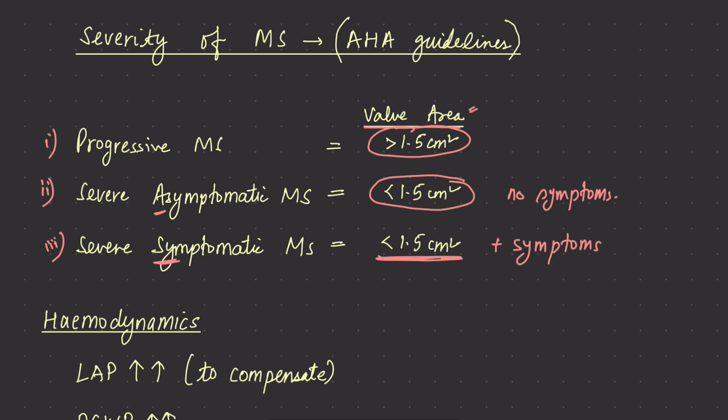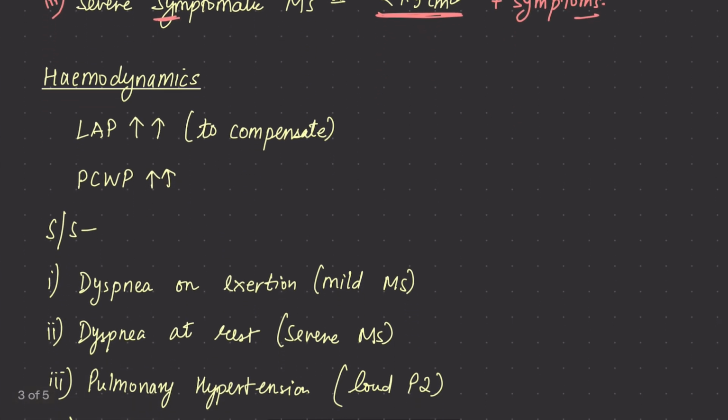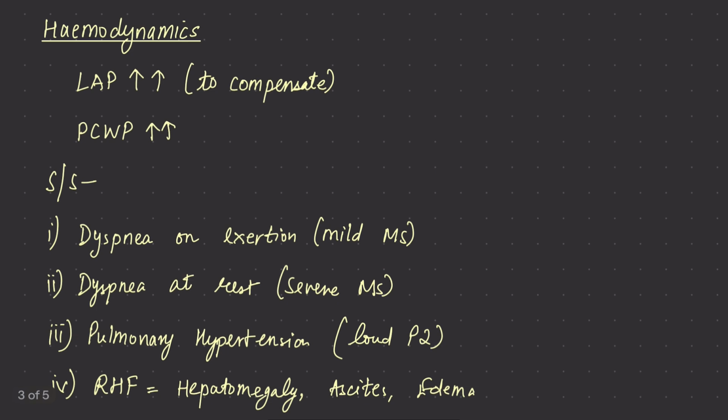So these are the progressive, severe asymptomatic, and severe symptomatic MS. That is the severity of MS. Now, how do the hemodynamics change in mitral stenosis? Whenever we do echo, or whenever we try to look echocardiographically at the anatomy of the valves or the function of the heart per se,